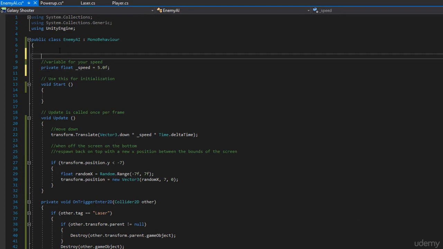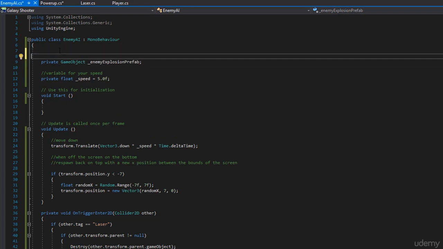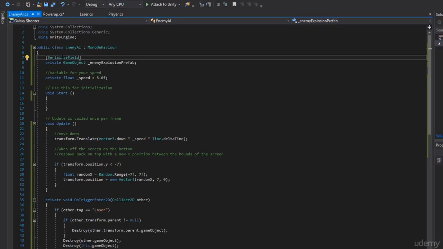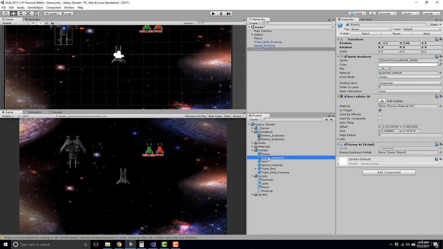So what we want to do here is we're going to have a private variable of type GameObject to store the enemy explosion prefab. So we'll call it private GameObject enemy explosion prefab. And in order to assign it in the inspector, we need to add our serialized field attribute. Head over to the inspector, click on our enemy, and we'll go ahead and add in the enemy explosion,